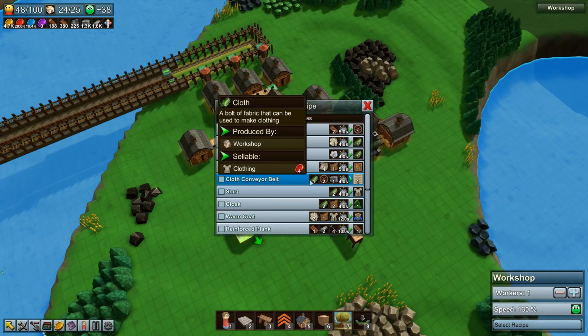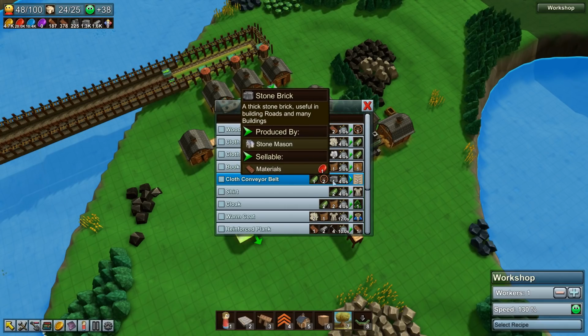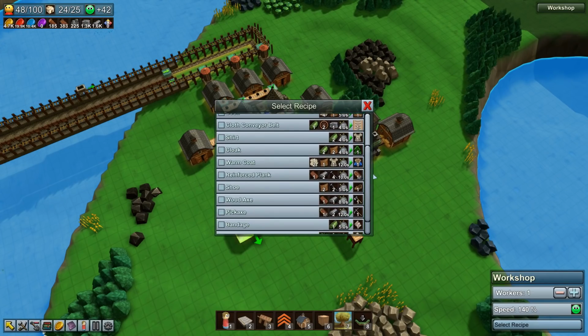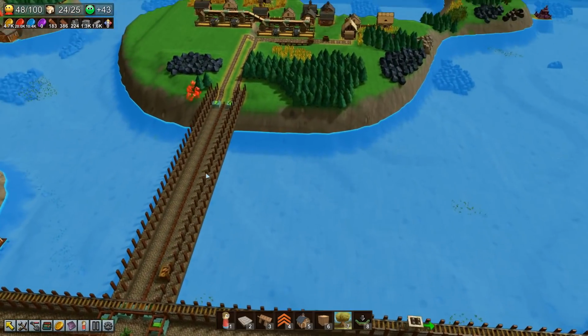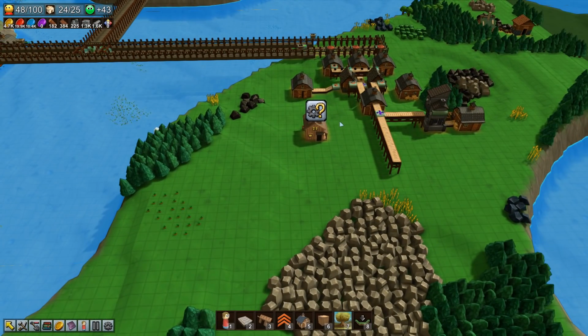Cloth conveyor belts requires cloth, requires wheels, and requires stone brick. So we do need stone brick for other things here, but that could be carted. I'm fine with the stone brick being carted for the time being. We might change that later. Not sure. We'll see. But we need cloth, and cloth comes from wool, which is over here. So to bring the wool over, we're going to have to